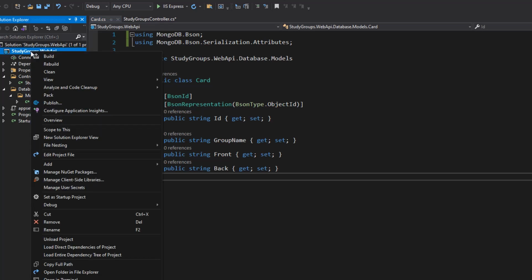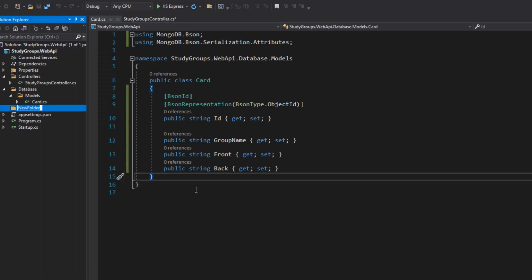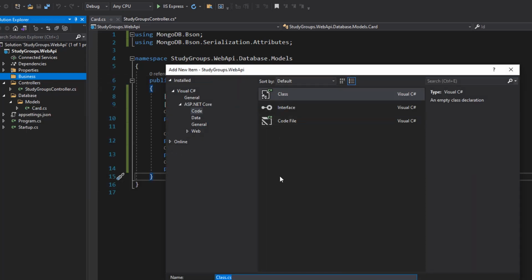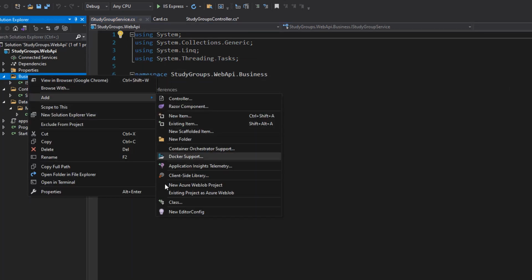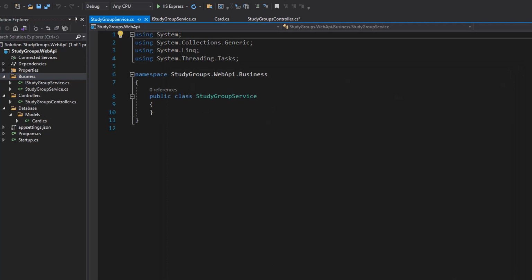So let's right click on the Web API and add a new directory. Let's call it business. And we're going to create an interface, and let's call it IStudyGroupService. Actually, going to copy that. Let's add that, and let's add an implementation as well. And let's call it StudyGroupService. Back to the interface though,